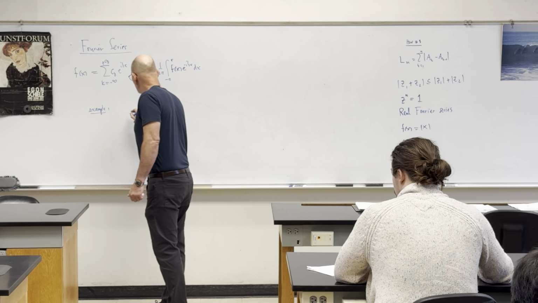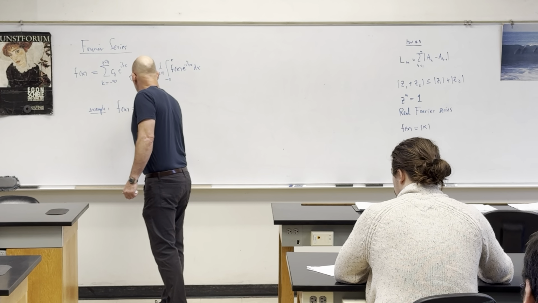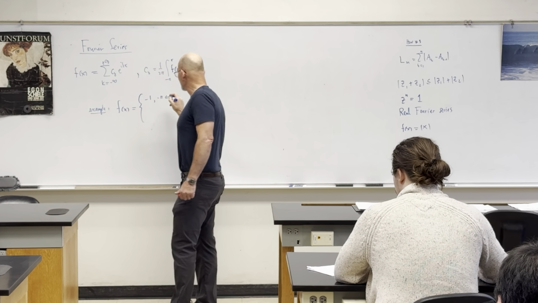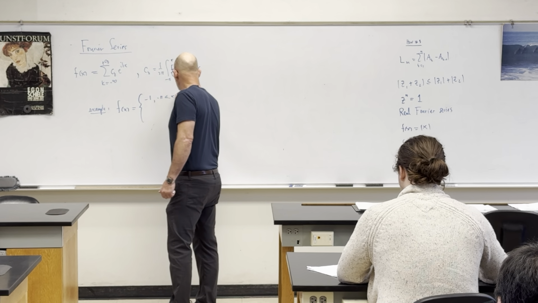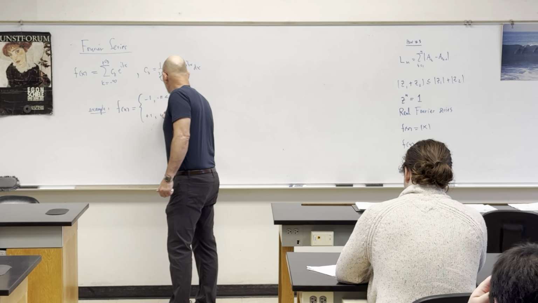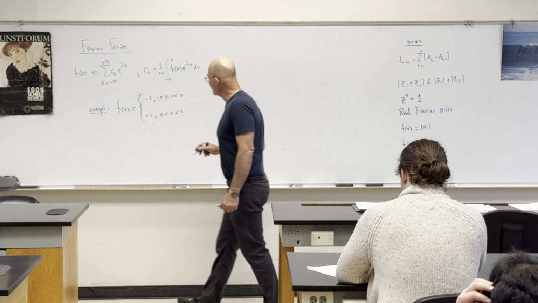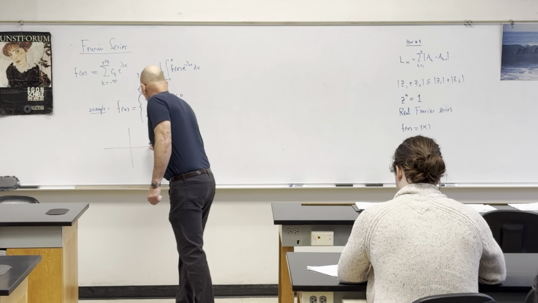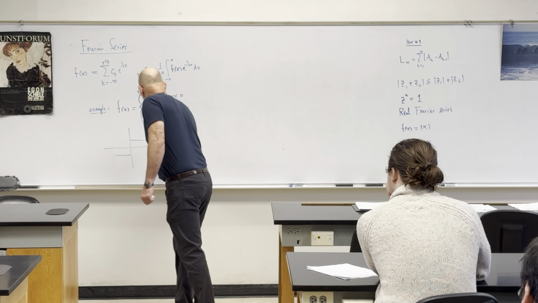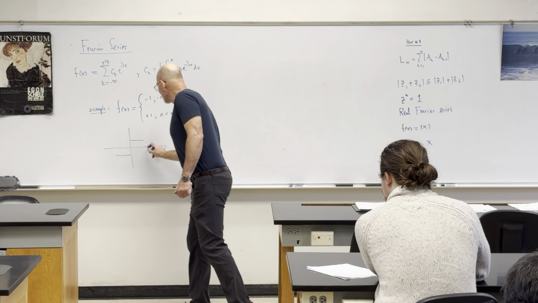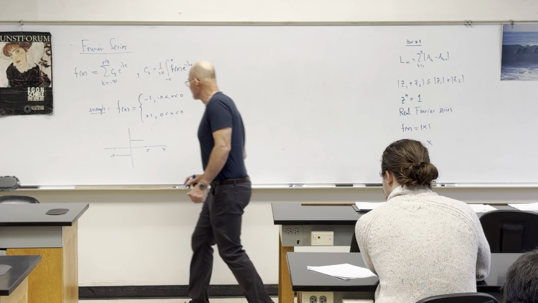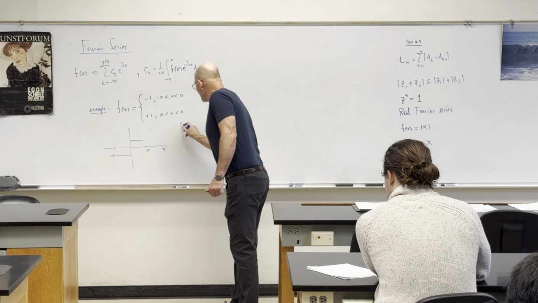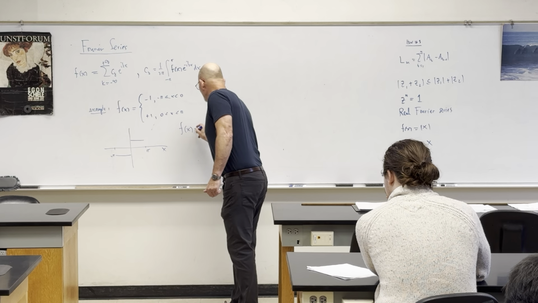So the example we did was the step function, which is a great example. f of x was negative 1 for minus pi less than or equal to x less than 0, and plus 1 for 0 less than x less than pi. Okay. So we did that, and we will sketch it here underneath this. So the result we had for this was f of x equals